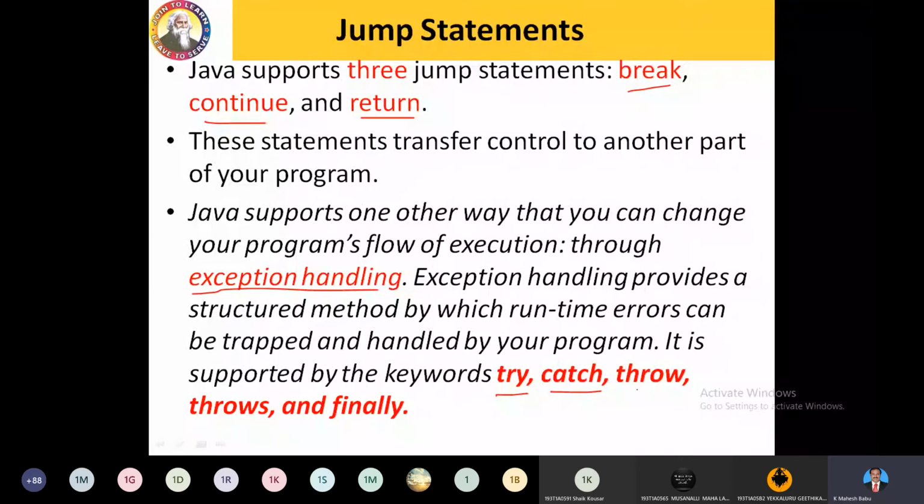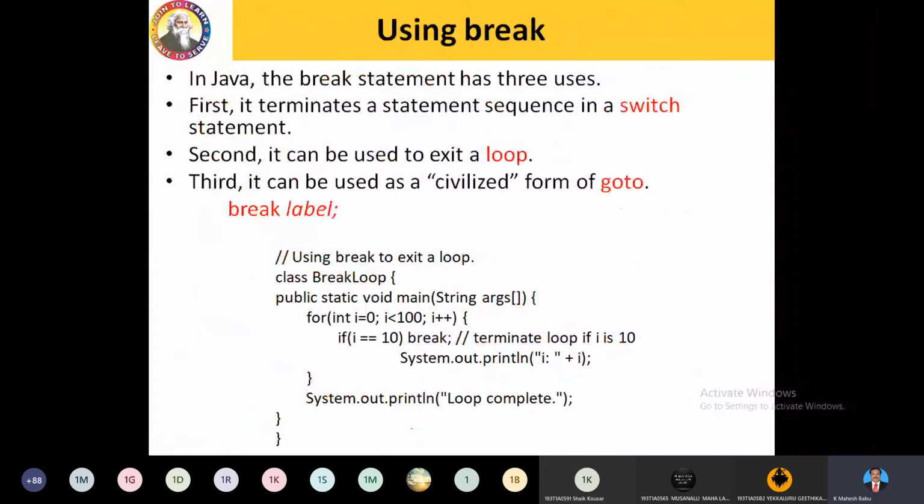If it is throwing something, some exception raised, it throws the value and catch is going to receive that value, right? And throw will have one more form, that is throws. And finally, one more concept is defined. So these try and catch also come under jump statements in Java. We will discuss them at the time of exception handling. It's new for us.